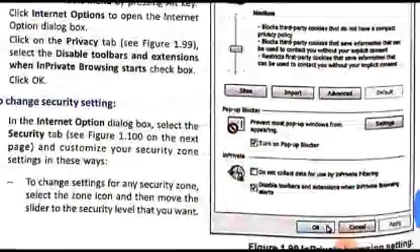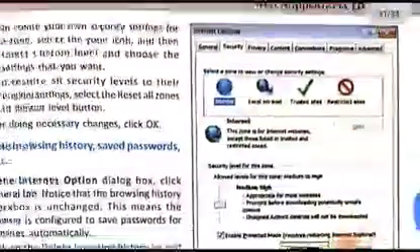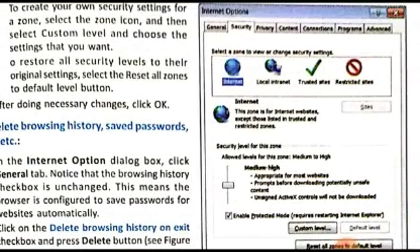As you can see on the next page also, the security tab is shown over here. Actually, the different websites which are accessed on the internet, we have divided into 4 different zones. Depending on the type of website and the security involved, we have categorized them into 4 different zones. The most general category is the internet.